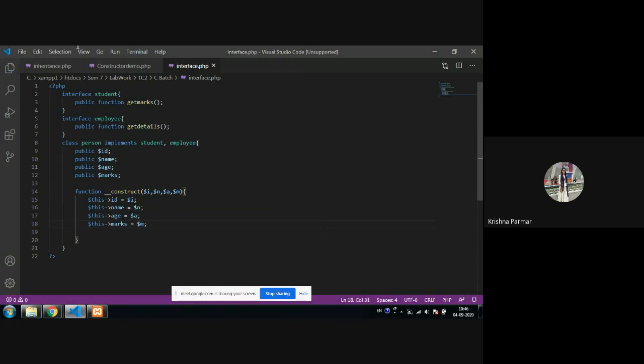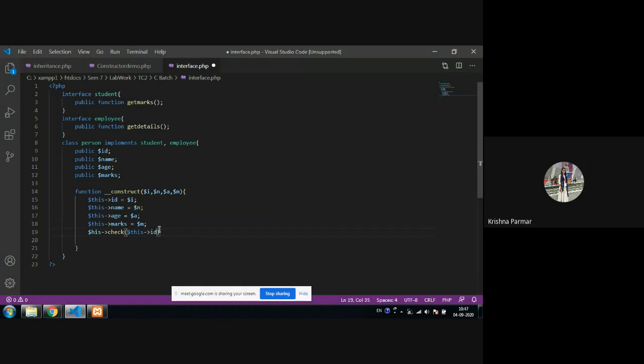Okay, so this way you have to initialize your four different variables. Now what I want to do, whenever you initialize your constructor, is that at that time it will directly check whether the employee details should be fetched or the student details should be fetched. So that's why I'm calling the function from here. That is my function that I will create outside of this constructor. The function name is check, and here I'm passing the value, that is the ID.